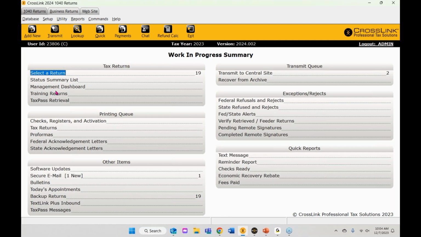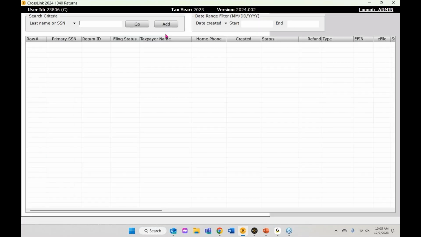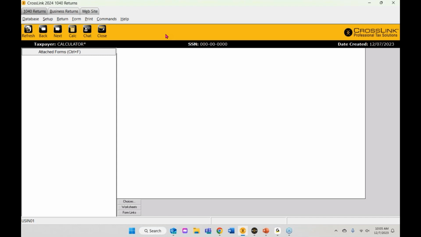And normally I would start off a brand new return by clicking on this Add New button on the very top left. This will start the process up, asking for the social so you can start a brand new return. But instead of doing that, what I'd like to do first is use this refund calculator tool at the very top of the toolbar. This here is to create an estimate of the taxpayer's refund by just entering in some